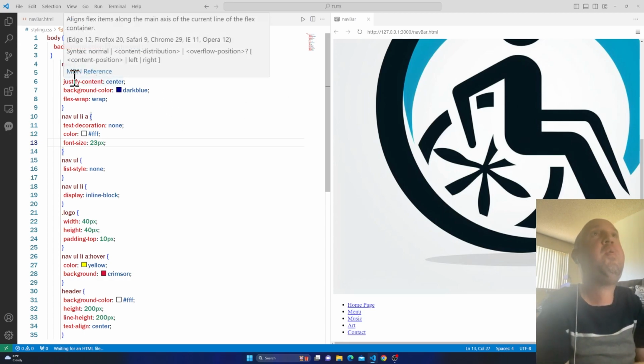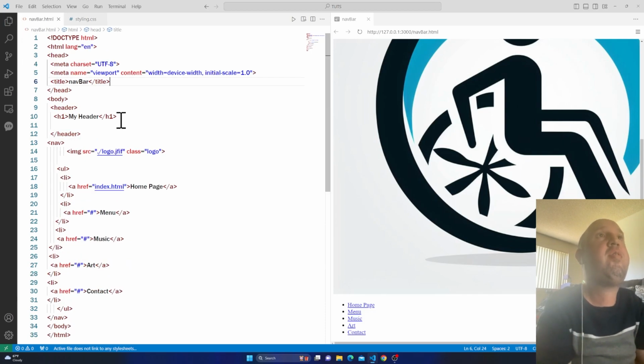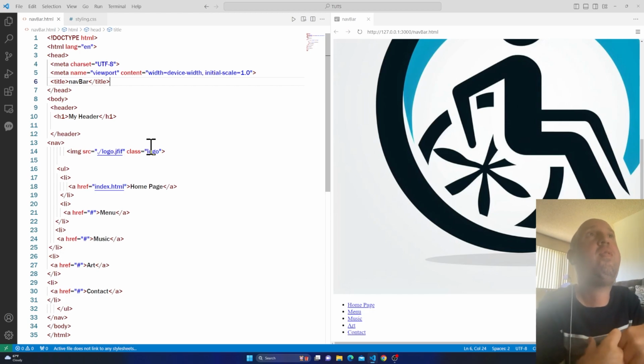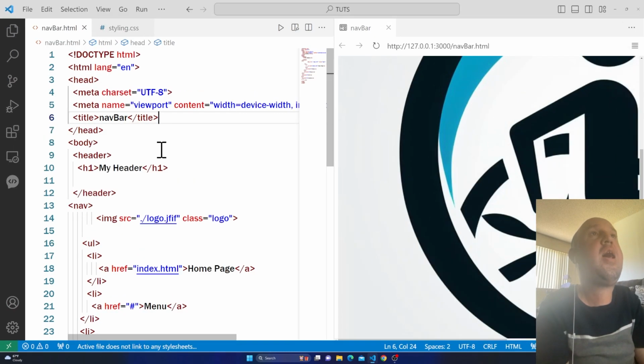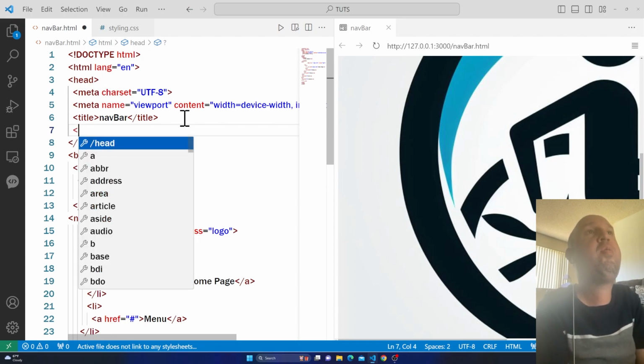We have copied our CSS inside of this CSS file, and now this is our HTML file, but we have to link it. This HTML file doesn't know where to take style from, so we will have to link it. We are going to the head tag. This is the head tag, and inside of the head tag we are going to use something called a